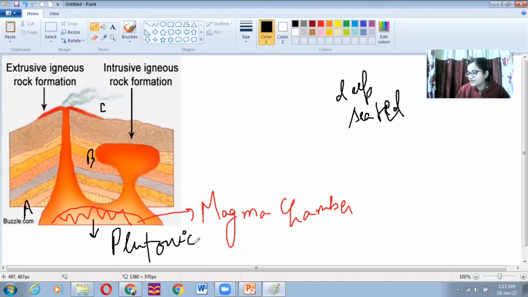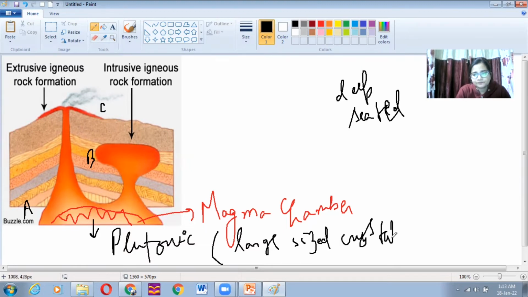आपके B पॉइंट में क्या हो रहा है, the B point is much far away from the A point, so obviously at the B point whatever rocks will form, they are forming at a comparatively lower temperature than that of point A, whereas they are forming at a very high temperature in comparison to that of C. प्लूटोनिक में क्या होता है, आपको लार्ज साइज्ड क्रिस्टल्स मिलेगा।